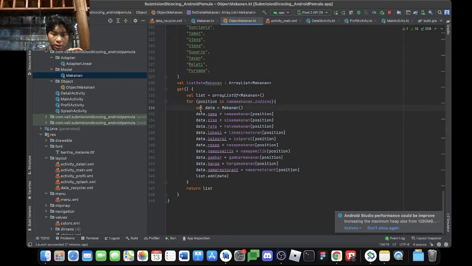Inside it, make a variable data and call the model. Call the variable dot name.